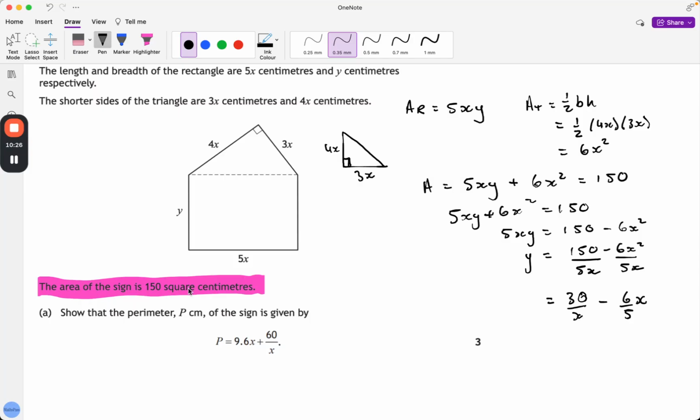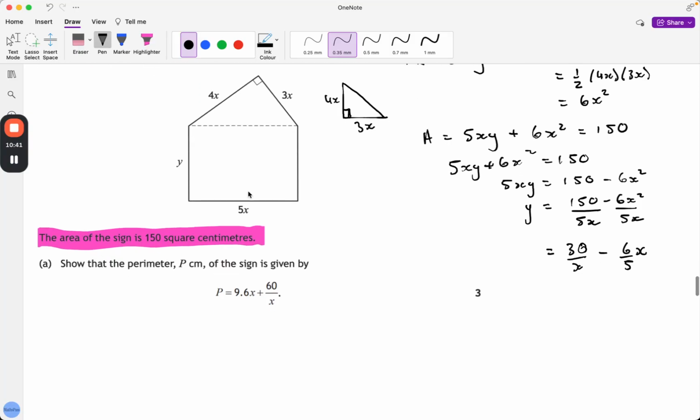You want to use this additional information, in this case it was about the area, to say what y is in terms of your x's. And now we can think about the perimeter, because we've already said that our perimeter, which is just all the outside lengths added together, is going to be equal to 5x plus 2y, because we have our y here and our y here, plus 4x plus 3x. If I pull that together a little bit more, we've got 5x plus 4x plus 3x, so 5 plus 4 is 9, 9 plus 3 is 12, so we have 12x,